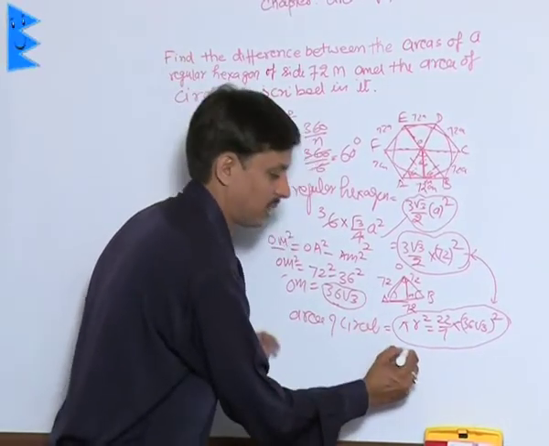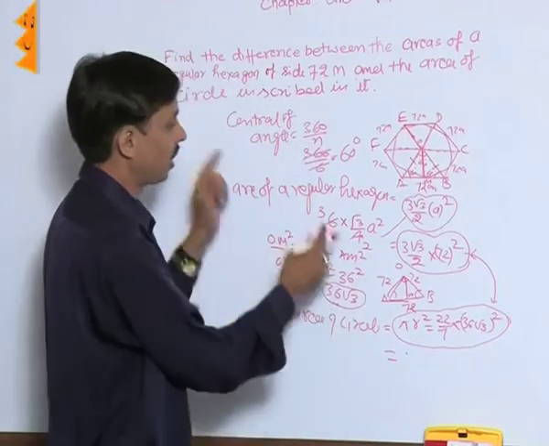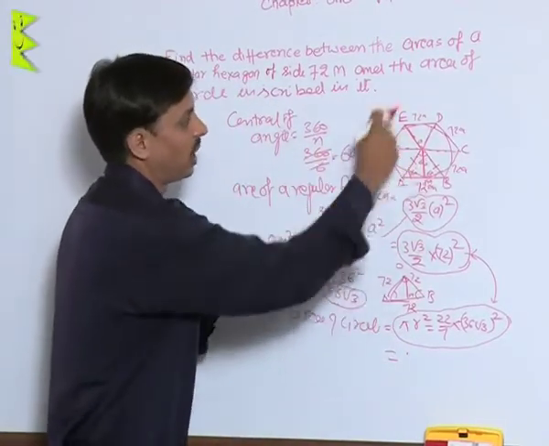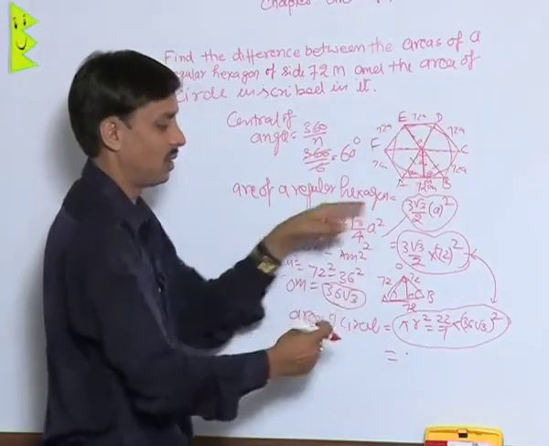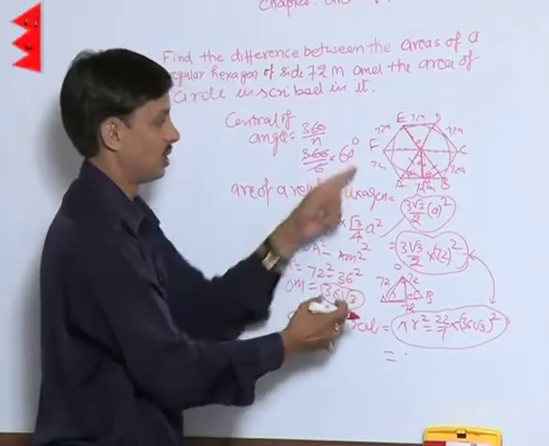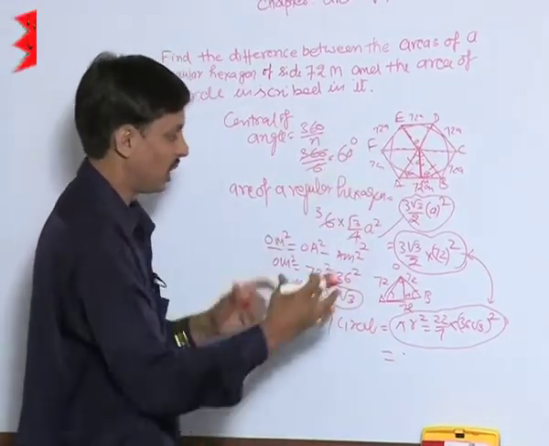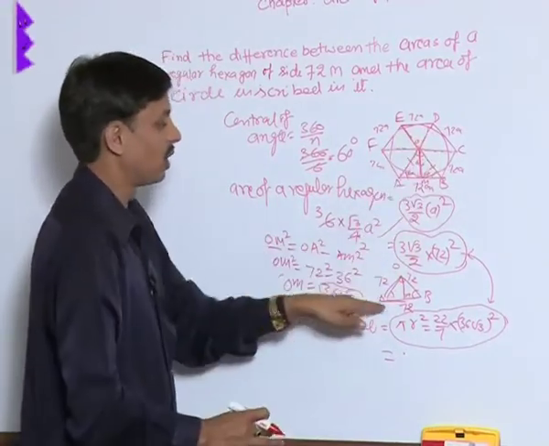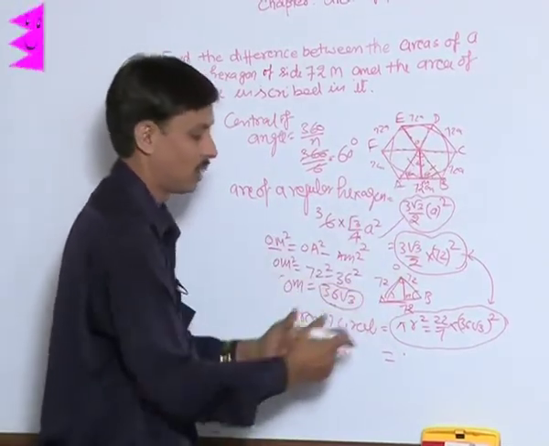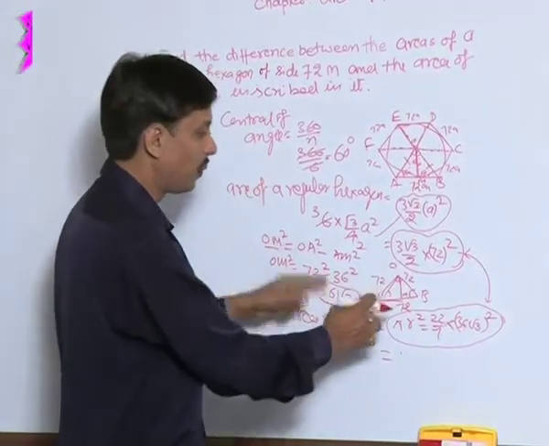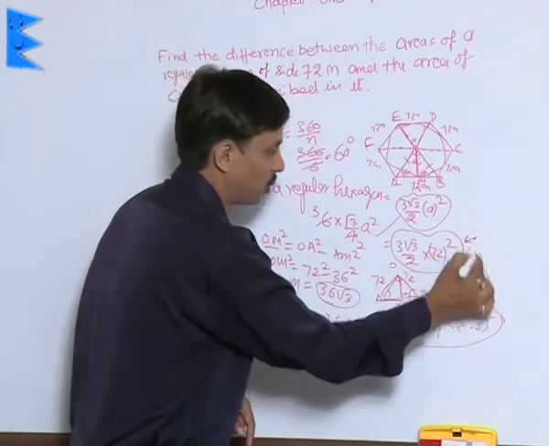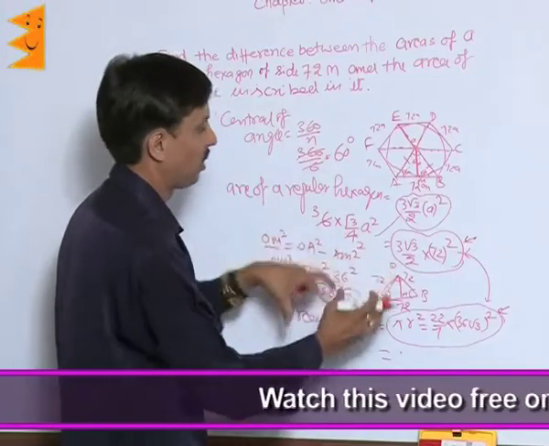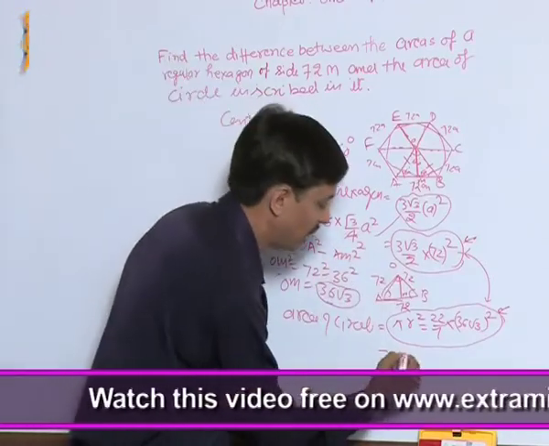First of all we found the area of a regular hexagon using the concept of 6 equilateral triangles. I told you how to take one equilateral triangle and with its help how we calculate this. So if we calculate these two values and take the difference, the answer will be